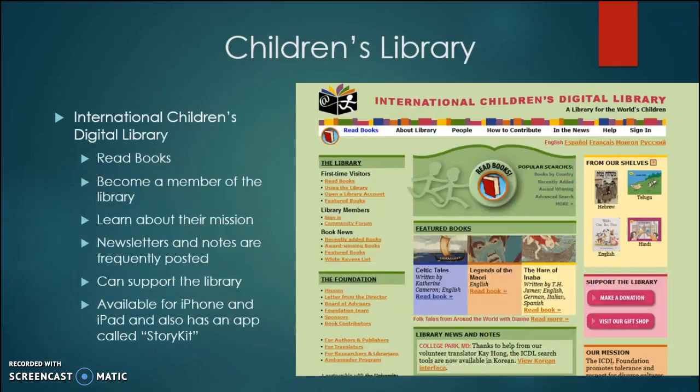So let's get into the Children's Digital Library. So the main title, or the main name, is called the International Children's Digital Library. And what you can do on here is you can read books, you can become a member of the library, which lets you get newsletters sent directly to you. You're a part of the library, so you can go on different trips with them to help them spread books around. And speaking of that, you can learn about their mission, which is to spread reading and books all around